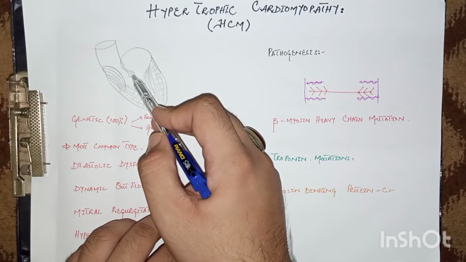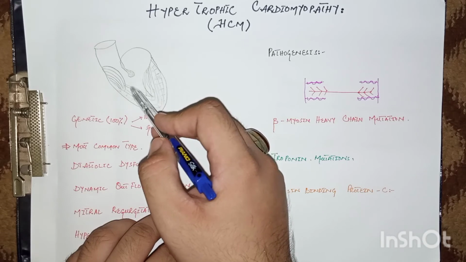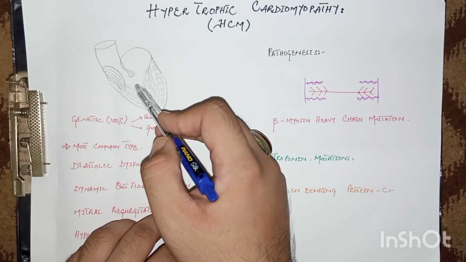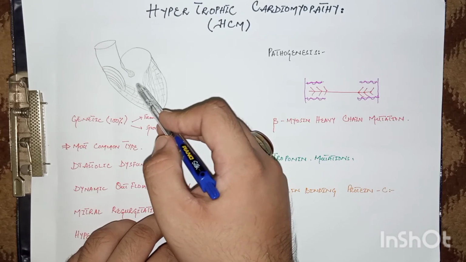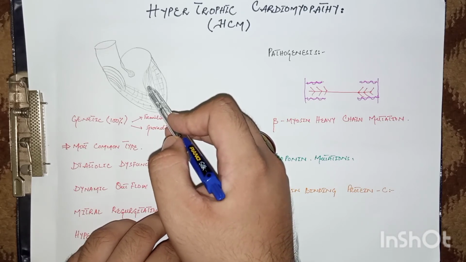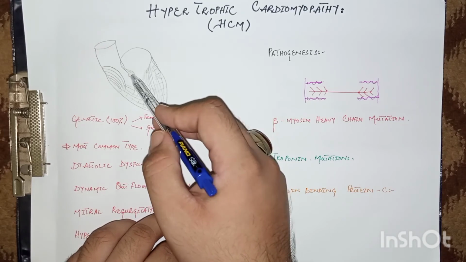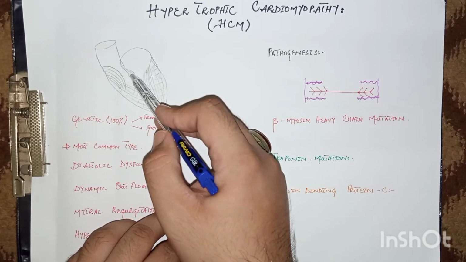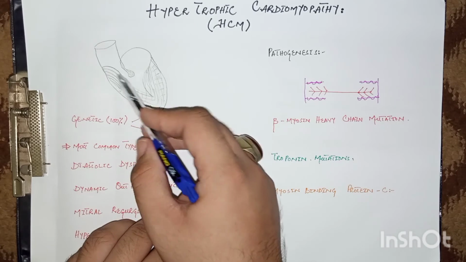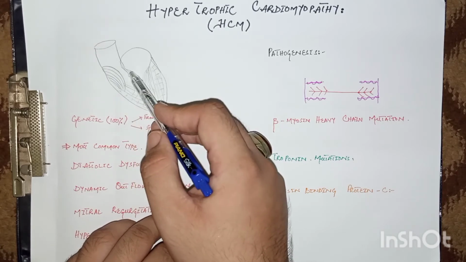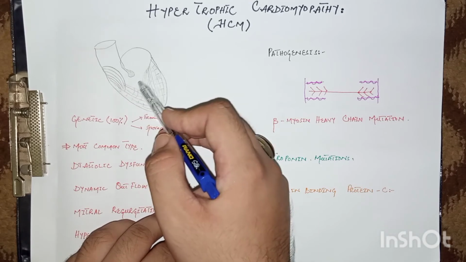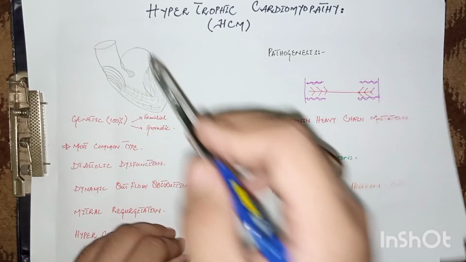So increased end diastolic volume decreases the intensity of this murmur. But when there is reduced end diastolic volume, like in the Valsalva maneuver or in the standing position, there are more chances of the attachment of this anterior leaflet of the mitral valve with this hypertrophied septum. So there is increased intensity in these cases with decreased end diastolic volume.